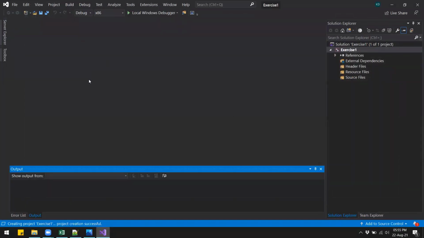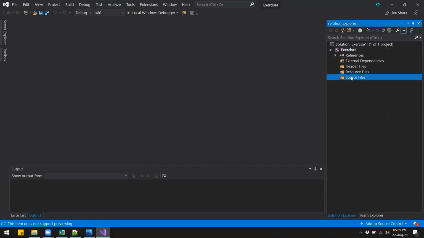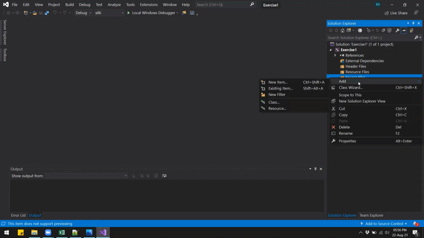Alright, so we get this empty area, and then on the right hand side there are a number of folders, and there's one called source files. Right click on source files, and this will bring up this menu. Go to add and click on new item.